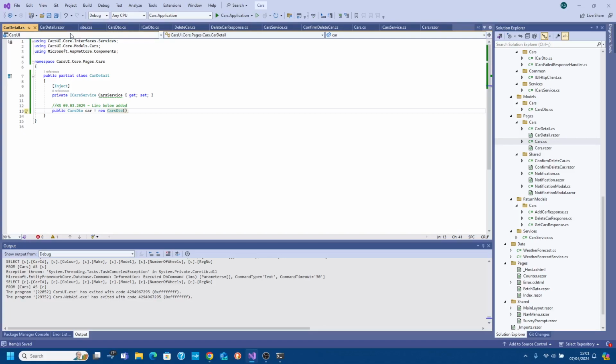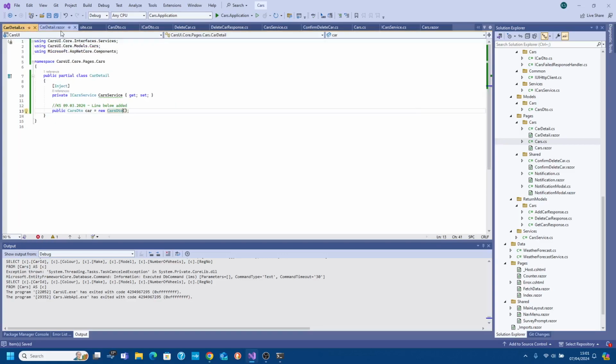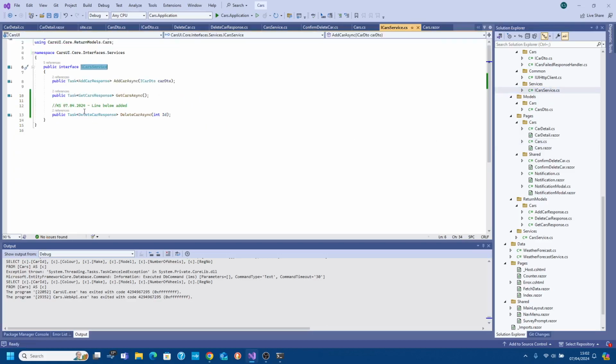Okay, so let's go initialize that. So we've got a model car now, it doesn't exist in the current context. Car detail, yeah. That's that. Okay, so we need our functions next. That's the next thing. So let's have a look. Let's get our functions. So this is where we're going to need more in our service again now. So what we want now is we've got another one in our service called